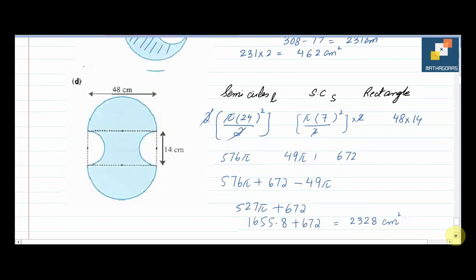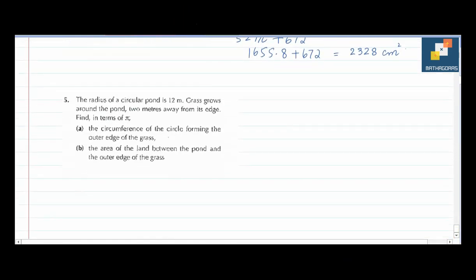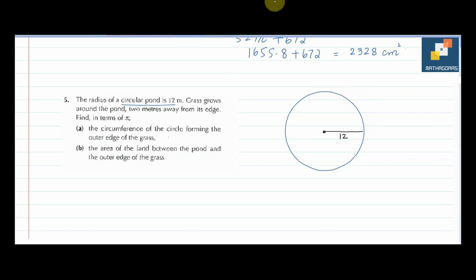Now moving on to the next question. It's question number 5. The radius of a circular pond is 12 meter. So you have a circular pond whose radius is 12 meter, so that is 12, right? Grass grows around the pond 2 meters away from its edge. Find in terms of pi. Now the grass grows 2 meters away from its edge, right? So you can say that